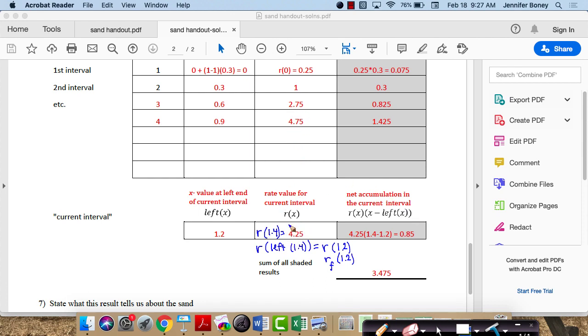That was that ending value on the graph, about 4.25. And so if we do this rate times the amount of time we use the rate for, we get this last numerical approximation, 0.85. Add all those together, all the stuff in gray, and it adds up to 3.475, meaning in the 1.4 seconds, approximately 347.5 pounds of sand were added to the scale,